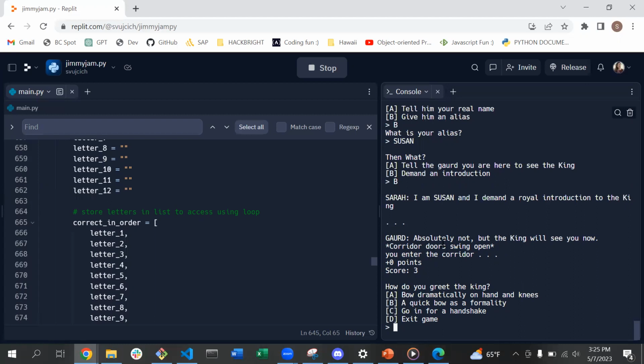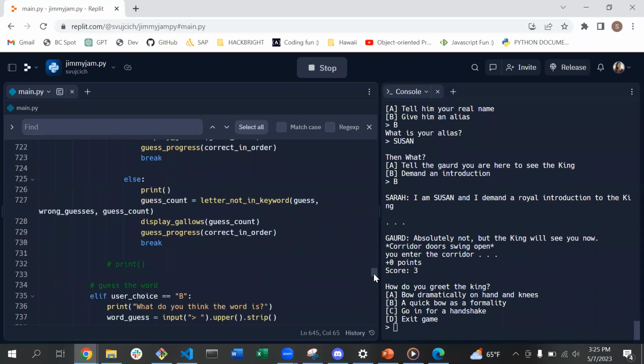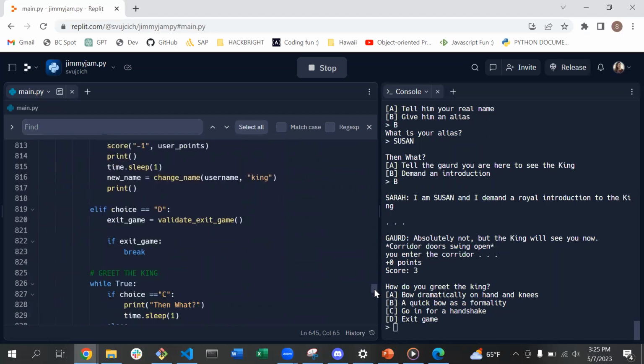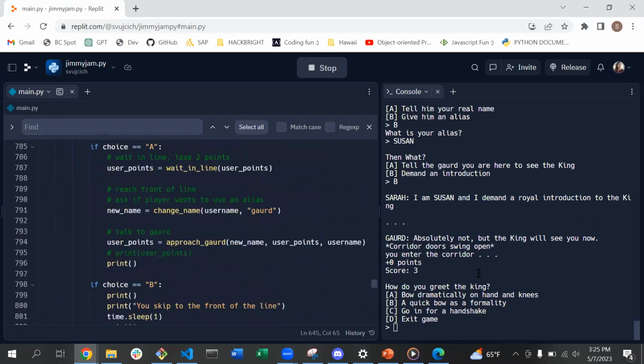What's also kind of fun about that is I have added in a list of royal prefixes. Let's see if I can find it. I don't know if I can. It's probably in my function. Anyway, there's a list of royal prefixes. So if you decide you want to use an alias and your name is, okay, Queen Susan, or Duke, I don't know, and it finds one of those royal prefixes in your name, the odds improve from 50% to 75%. The guard will approve a royal introduction.